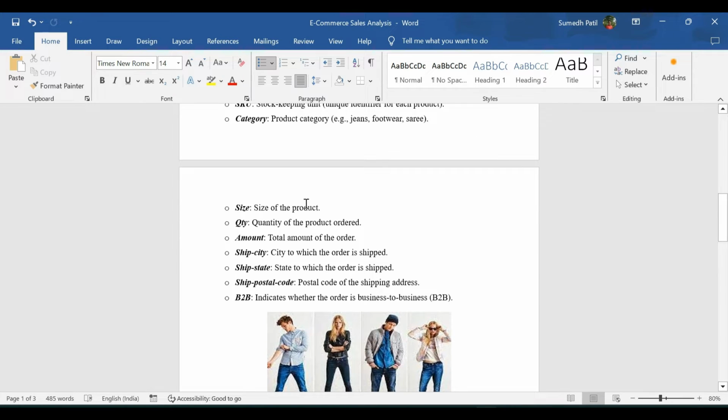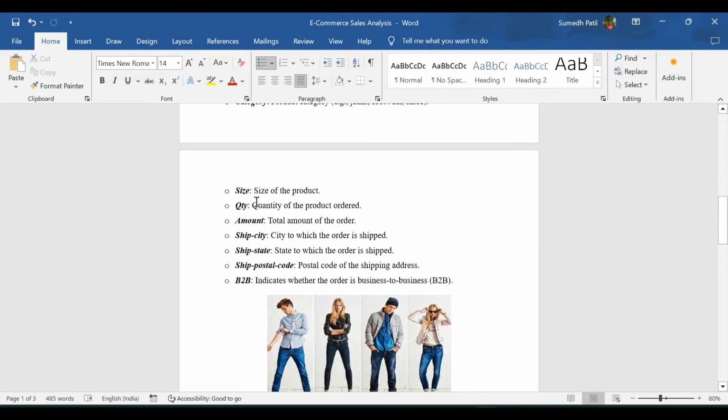The size of the product is not going to matter much, but we will keep it into consideration. The quantity and the amount are going to play the vital role to focus on the areas of the product categories that have to be considered for the year 2024. The city and ship state are also playing a vital role to find out the city and state contributing to the highest revenue of the